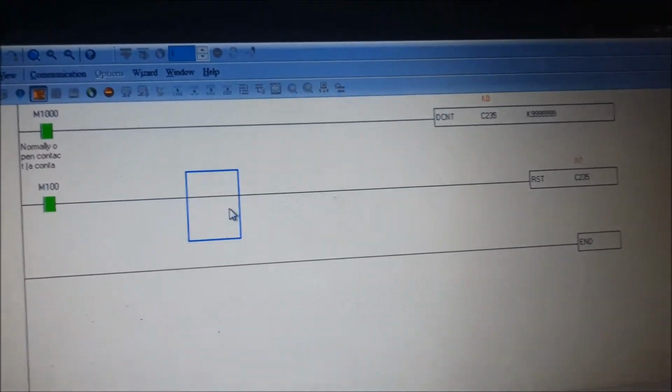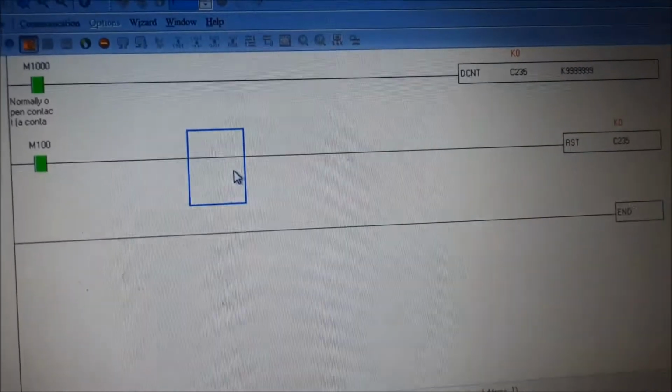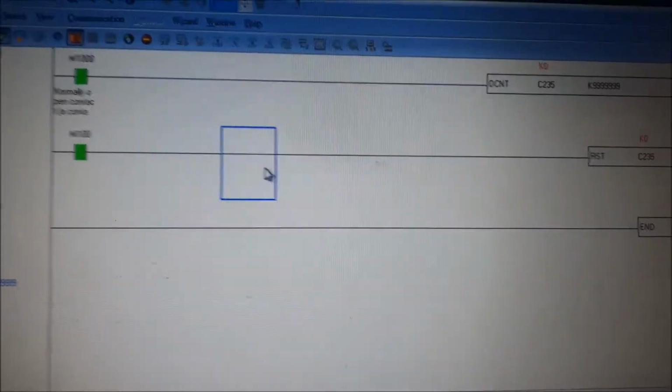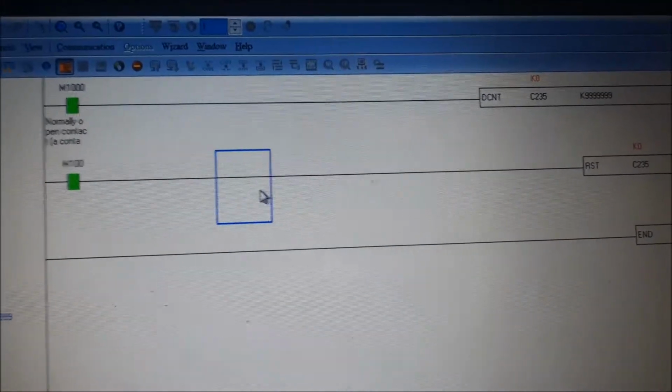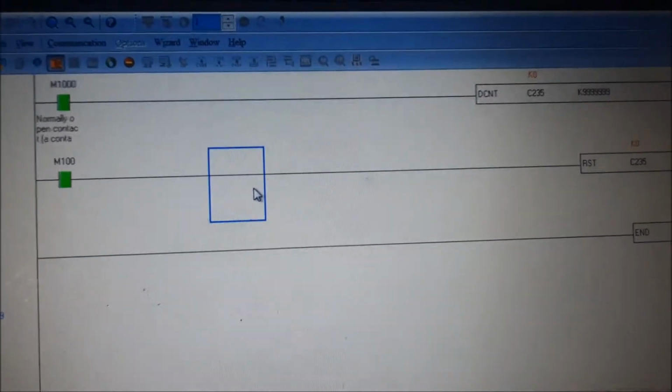It depends upon you and the client requirement. So this is the basic ladder for single phase input. Single phase input, I am talking about only A phase, meaning the value in one direction we are taking.